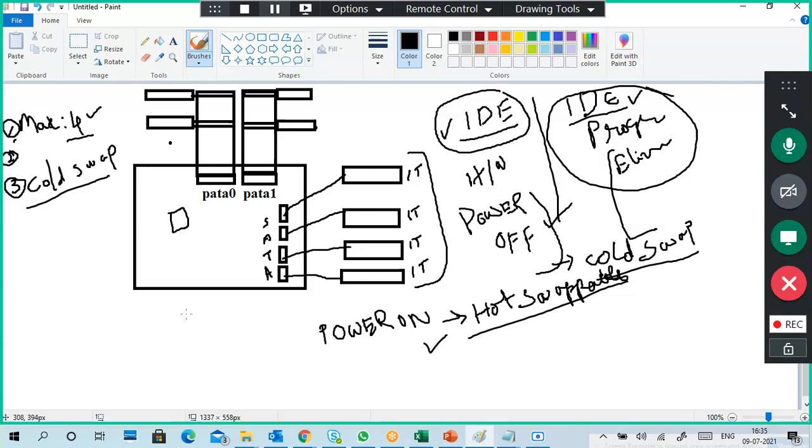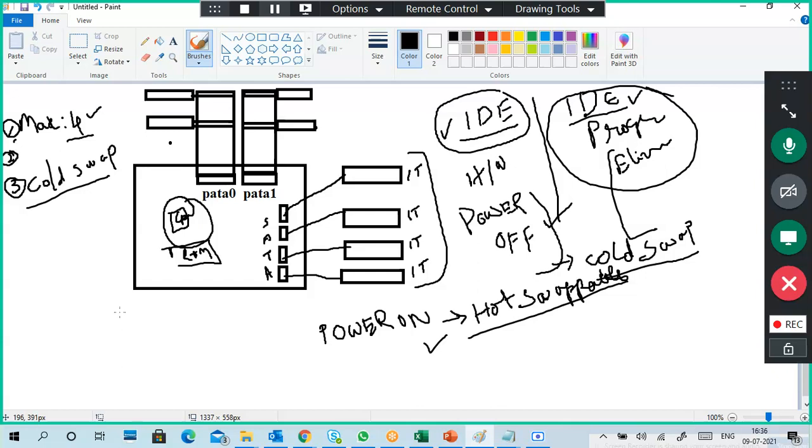So totally, I need 4 reasons. Maximum support is for hard disk only. Next, all disk data transmission is a burden on your RAM and processor only. Your CPU and RAM will carry the maximum burden if more data transmission is required. And the number of disk types you can connect is limited, maximum 4 only, either hard disk or CD-ROMs, and it is cold swappable.